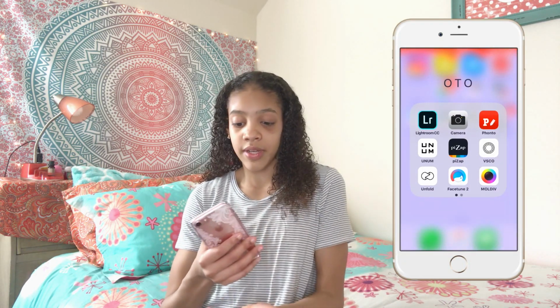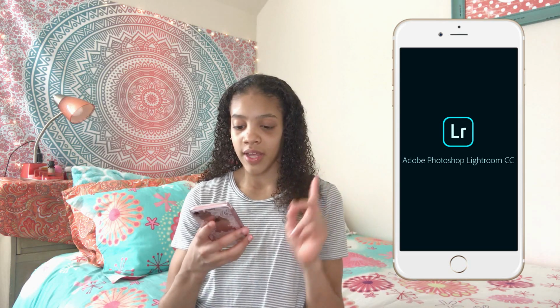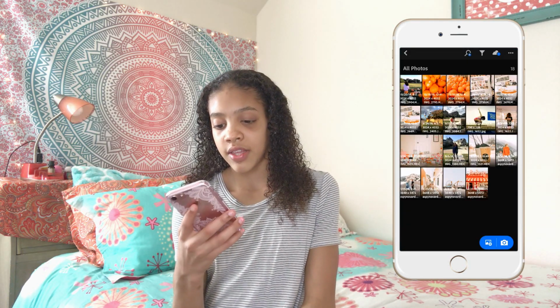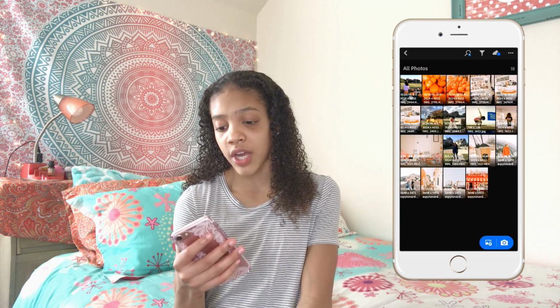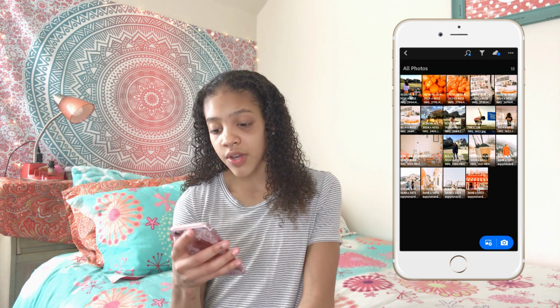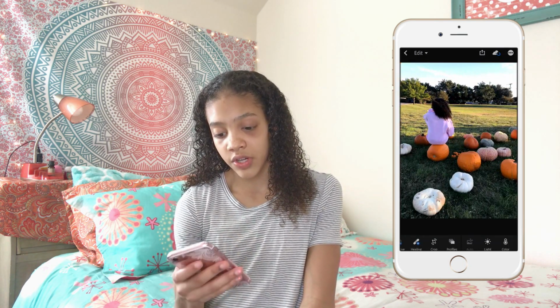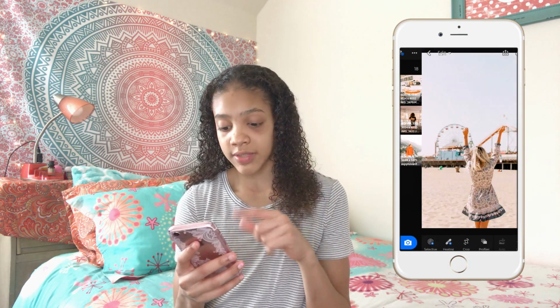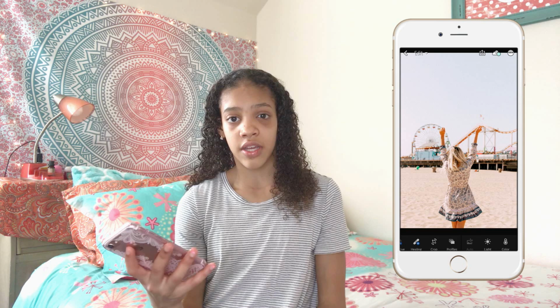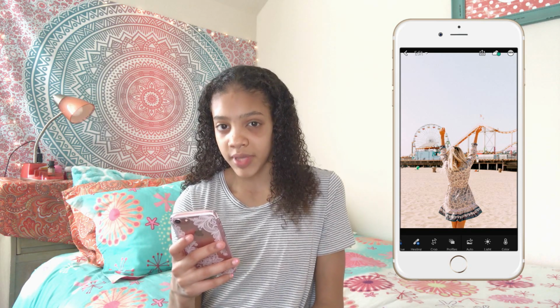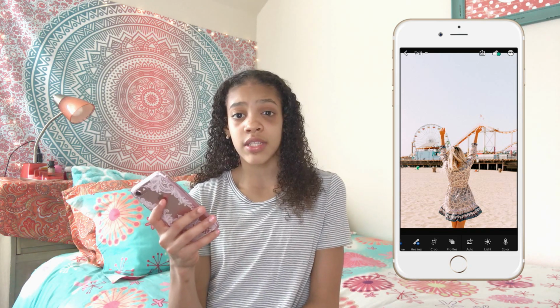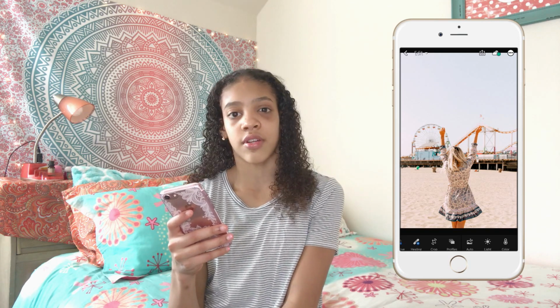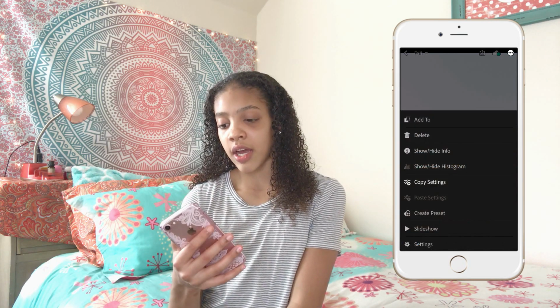And okay, now I'll actually show you how I edit my pictures. So I open up Lightroom, step number 1, and then you will import a photo, which I've already imported a few. So I'm going to edit this one first. And first I go into Aspyn's picture, and the preset that I usually use is called the Beachy preset, I'm pretty sure. All of her presets are really nice, but this is the one that I use on most of my pictures. And I will copy